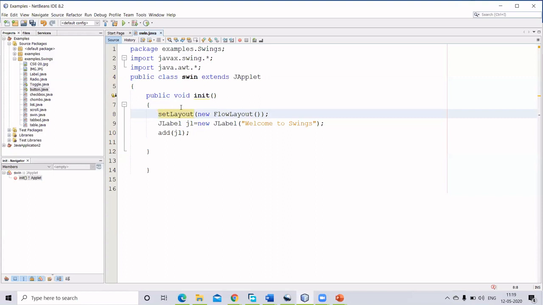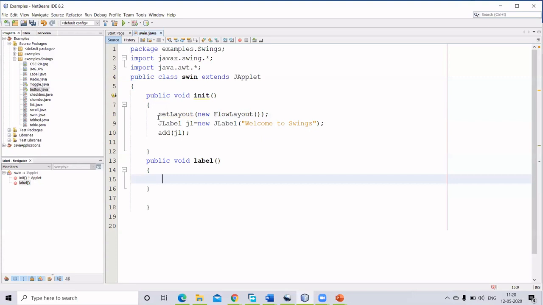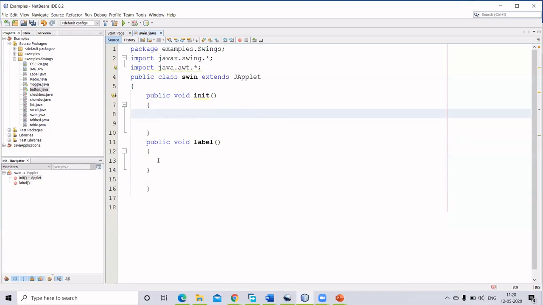So here everything will be taken care of because I don't have any main method over here. Everything that is required by default for a window will be taken care of by your JVM. Now I just want to write what is the requirement of that alone. So this is one way. Instead of this, I can have another method also, like public void some method. I'll have some method name, so label. Inside this method I will give this complete code, and in this init I can call the method. So how can I call the method?